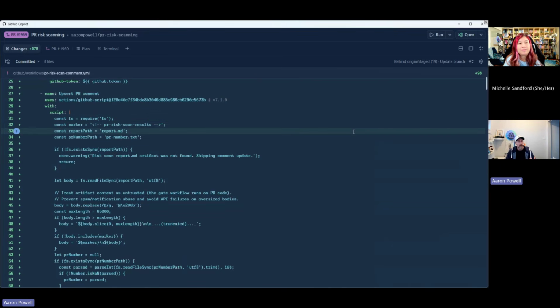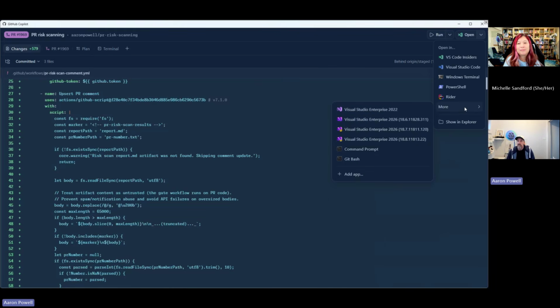So if I want to take this session over to my editor, I can do that. Up in the top corner here, we've got this open option. It's going to show the last one that you opened into. I use VS Code Insiders as my primary editor, so it defaults to that because that's what I last opened into. But it will give us a bunch of different options. I could open into just vanilla VS Code. I could open a new terminal session in my Windows Terminal application. You can see that it's aware of other editors that I've got installed. I've got JetBrains Rider in there for a .NET experience. I also have a variety of Visual Studios. I can jump into those as well.